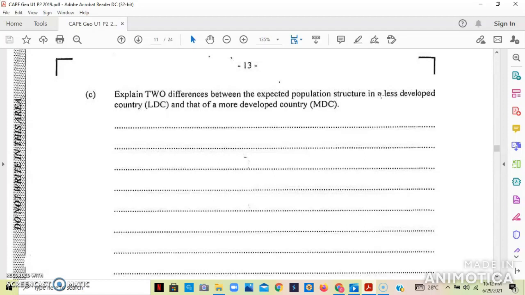Now, the life expectancy in LDCs can be as low as 50 years. What this is saying is that the majority of the persons in the population are expected to live up to 50 years or less. So if the life expectancy is this low, it means that something needs to be done to assist. So life expectancy in LDCs is usually low,